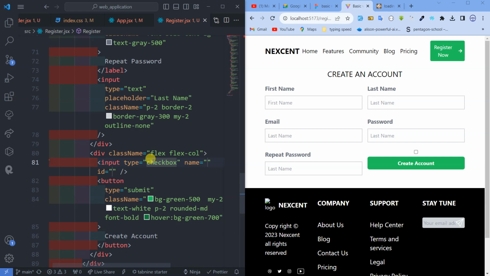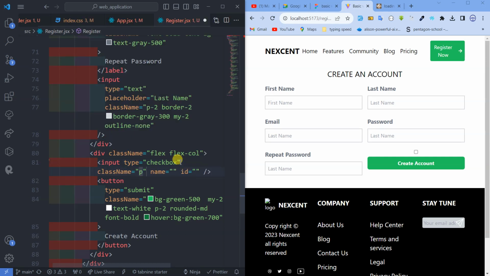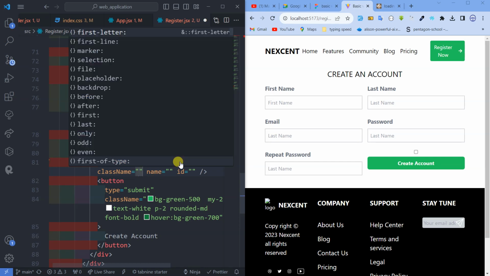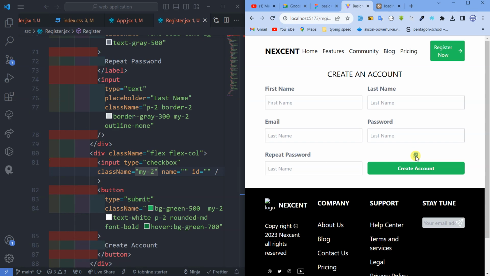Okay, it will have a class name py or my. Okay, my of 2. Now everything is well balanced. Then this checkbox, we shall make it a condition. If you don't check it, this one will not work. So